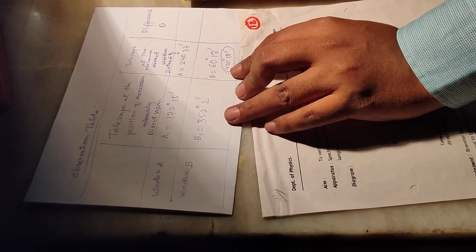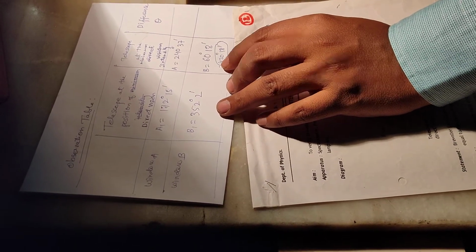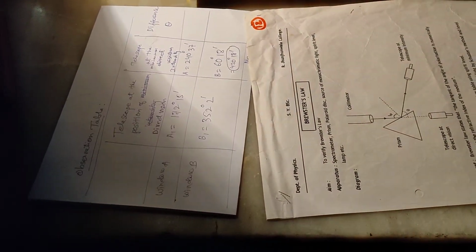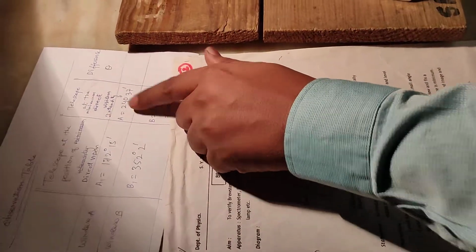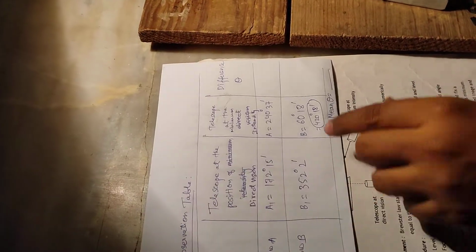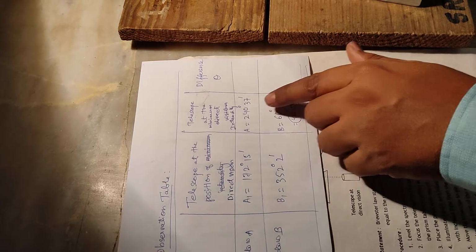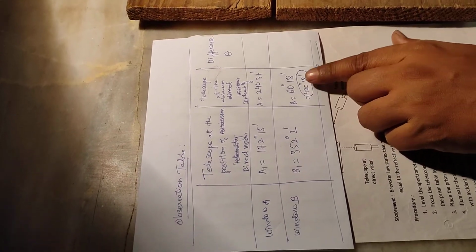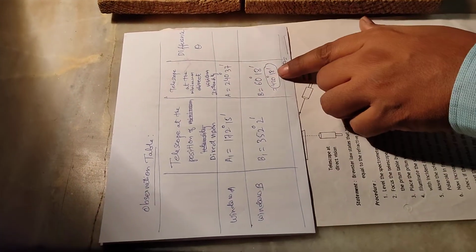Here we are getting 241. It's around 241. Okay, so from here we have got around 240. So we get the value which is this. These two are the angles at which we are getting the minimum deviation. Okay, so minimum intensity is obtained at these two positions.